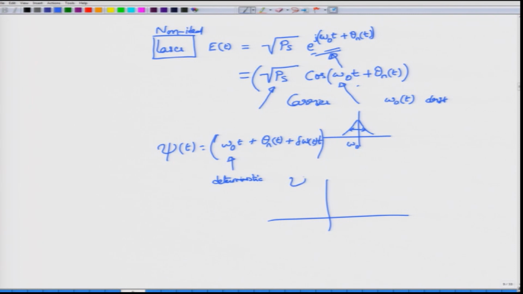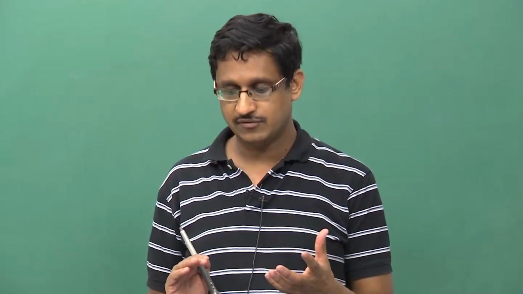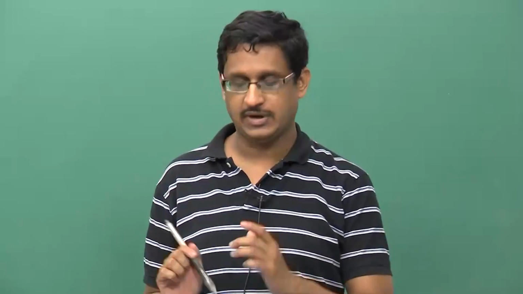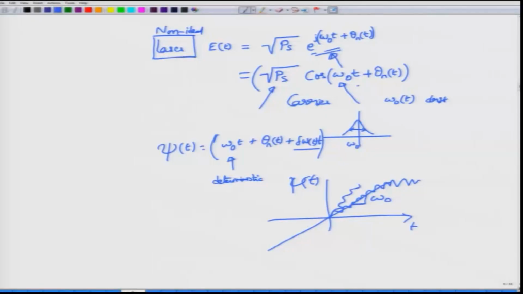If you were to plot this psi of t as a function of time t, it would be a straight line passing through the origin, and the slope of this would have been equal to omega naught. But because of the phase noise, this total phase will not be exactly the same, it will have some kind of a change or different slope and other things. And delta omega of t, which is usually referred to as the frequency drift, its effect is to actually change the slope, right. So, you may actually have this kind of a behavior. Over time the slope may actually change.